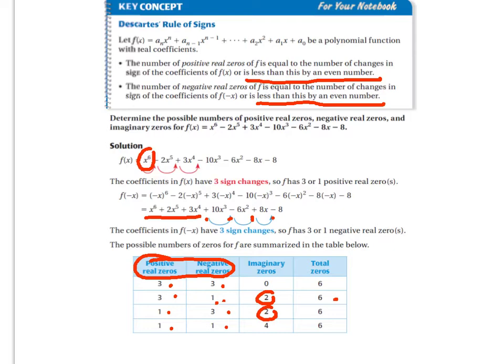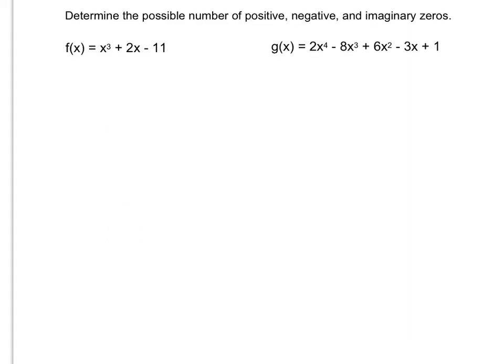We could have 1 and 1, 1 positive, 1 negative, which leaves room for 4 imaginary zeros. No matter what, these 3 columns need to add up to your total possible. So here we're going to see a couple of examples that work on just determining the number of positive, negative, and imaginary zeros. So this first one right here, f of x equals x cubed plus 2x minus 11,